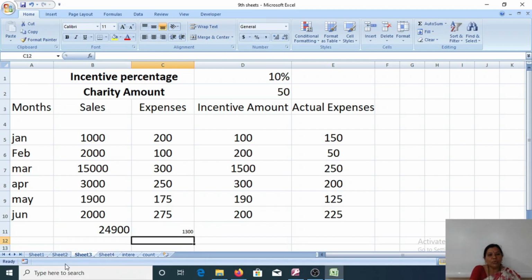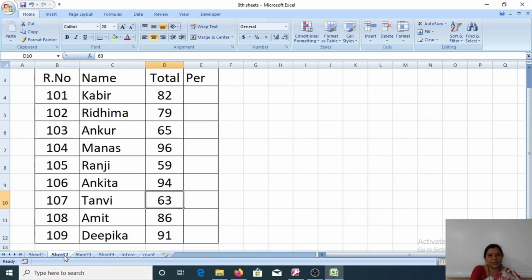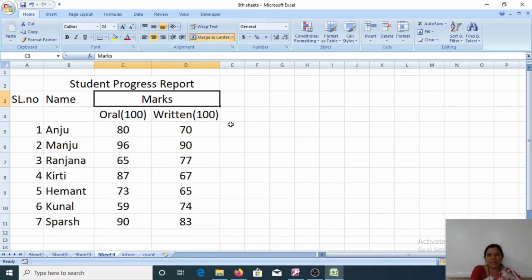Now we want to find the average. I want to find the average of a mark sheet of XYZ class. I want to calculate the average of each chapter.